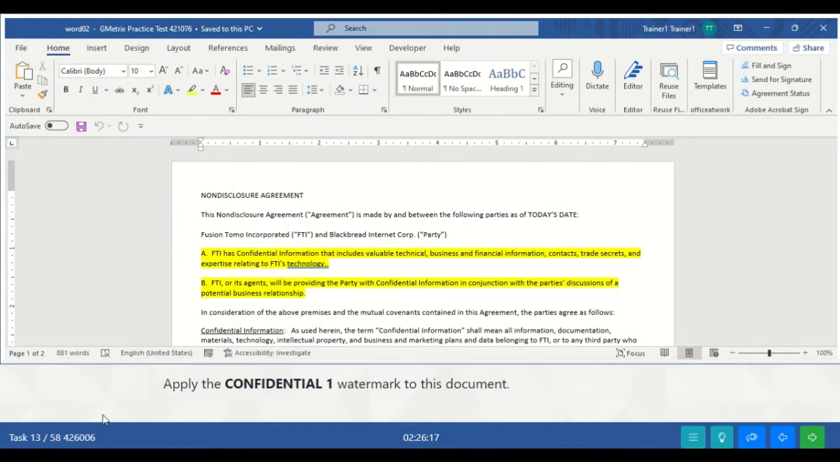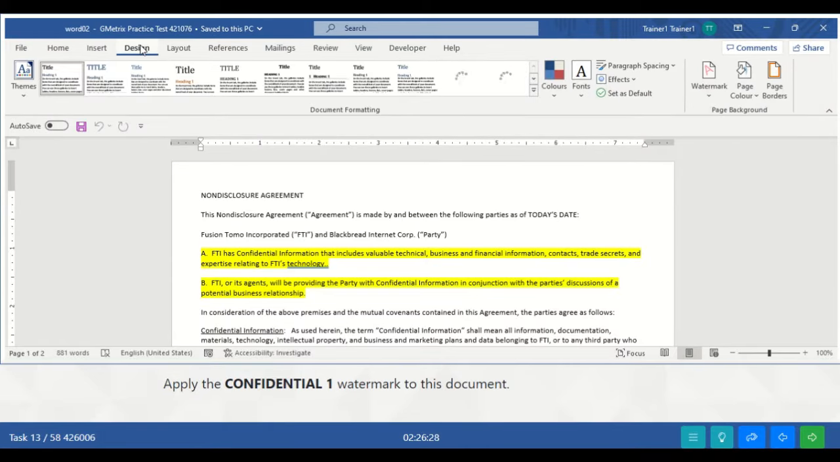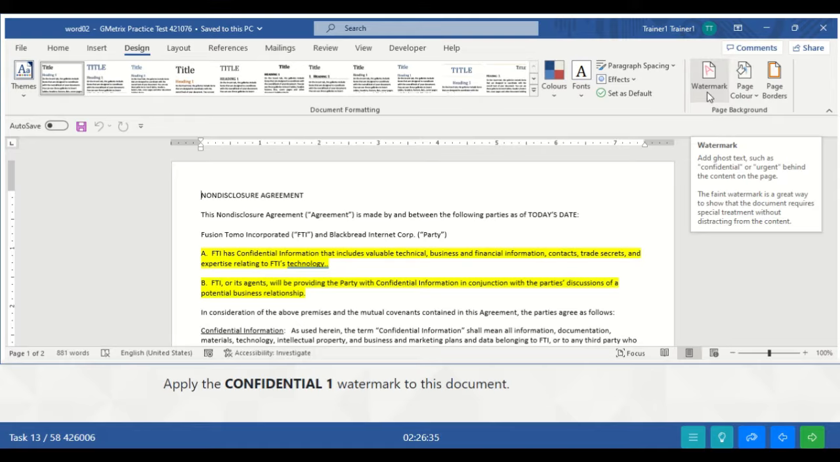Task 13. Apply the Confidential 1 watermark to this document. So now to do this, you go to the Design tab. Select this Design tab, and in the Page Background group, you select the drop-down arrow under the Watermark